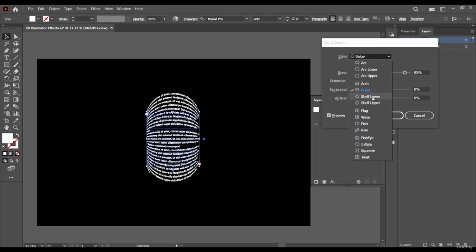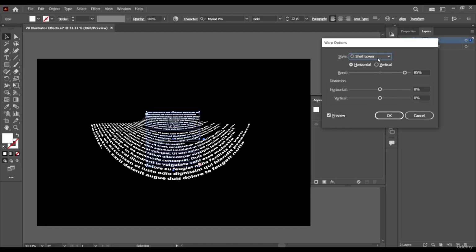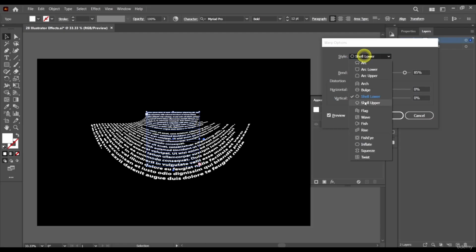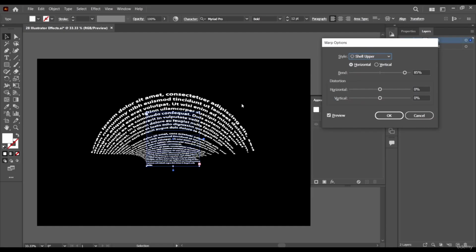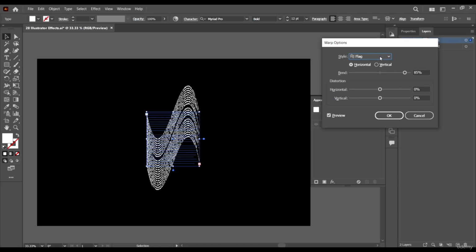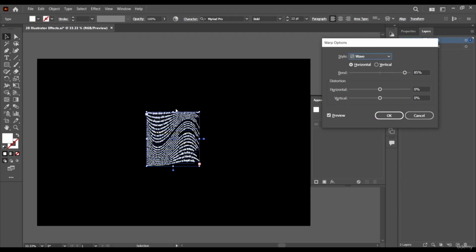Then we have the shell lower, which creates this kind of distortion. Then the shell upper, which creates the opposite. Then the flag, which creates kind of a flag. Then the wave, which gives us a kind of wavy design.